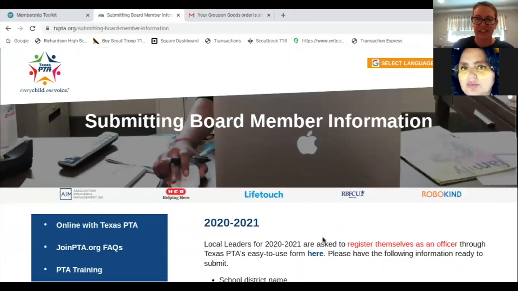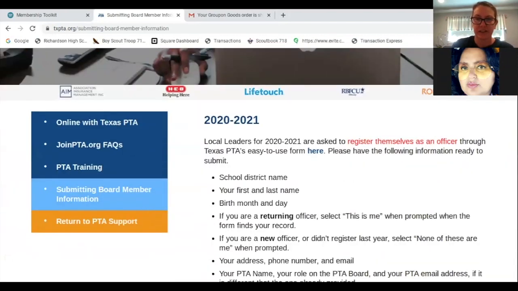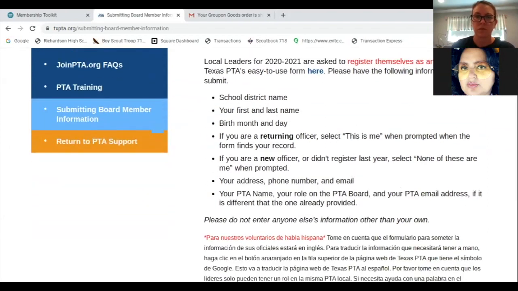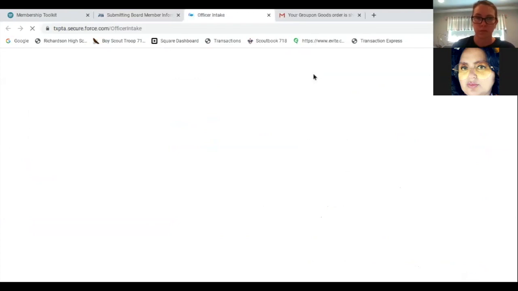Here, one of the things is that a long time ago we used to have to register everybody, and Texas PTA made it much easier for you to be in control of your information. You will just register right here where it says click here, and it will take you to this wonderful page